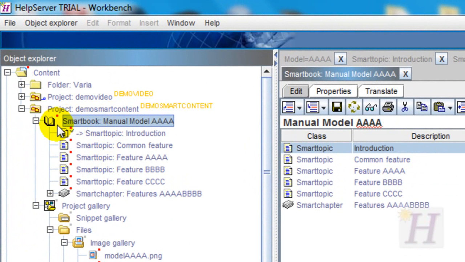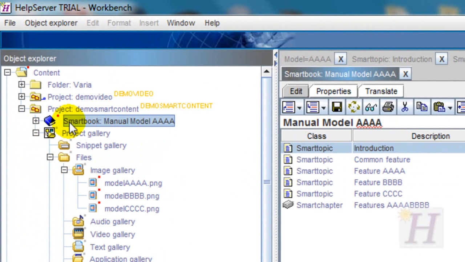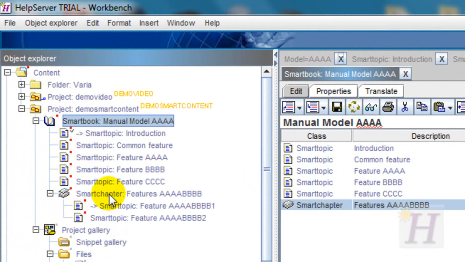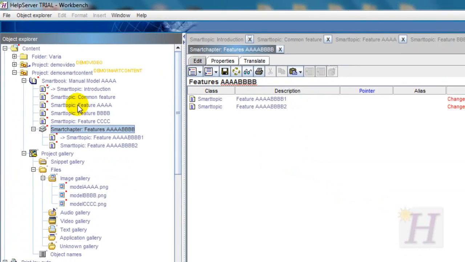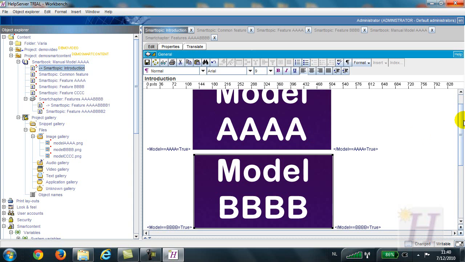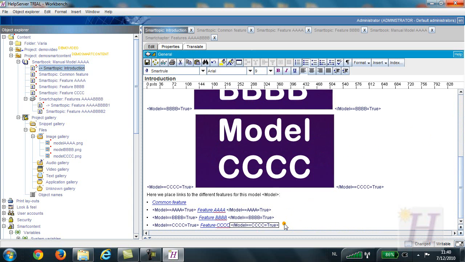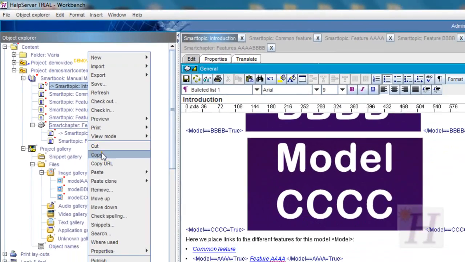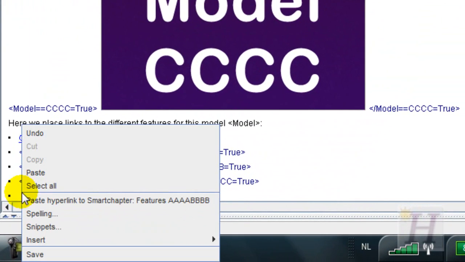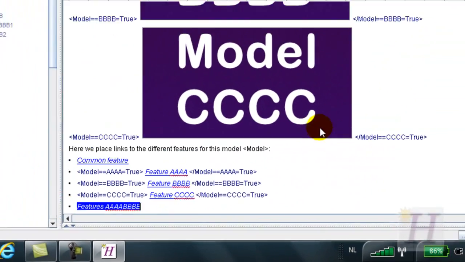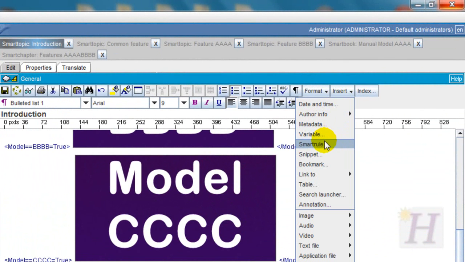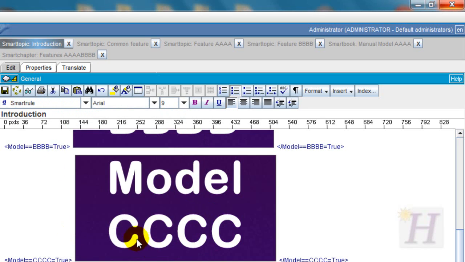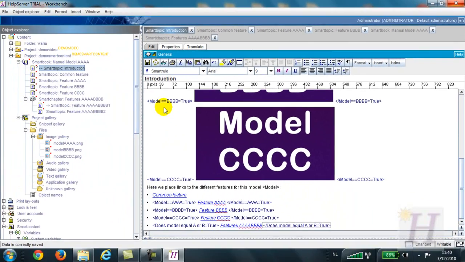What we now still need to do is to copy our book, but maybe there's something else we want to do first, and that is our chapter. We also have to place a link to the chapter. To do so, again we copy, and we paste the hyperlink. The model equals A or B. Now we can